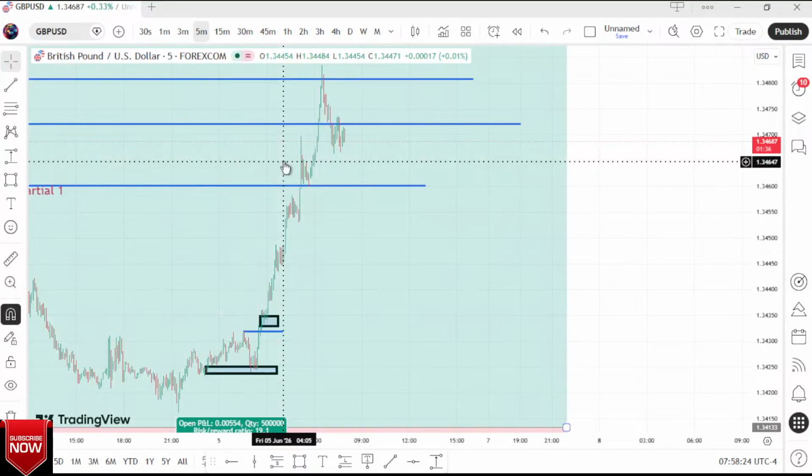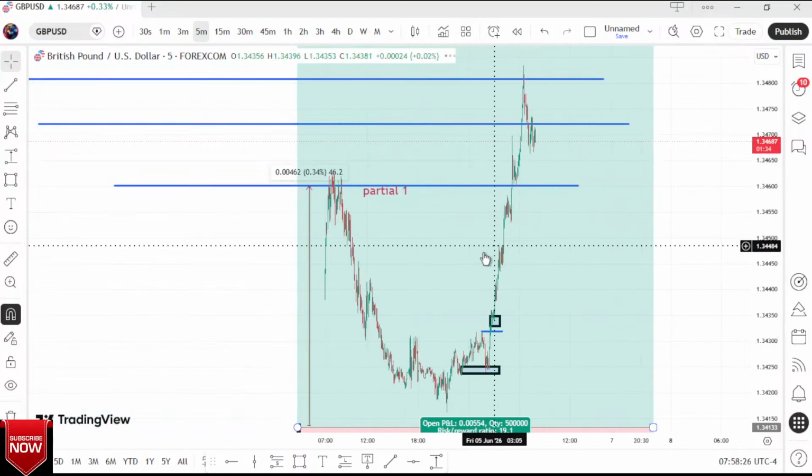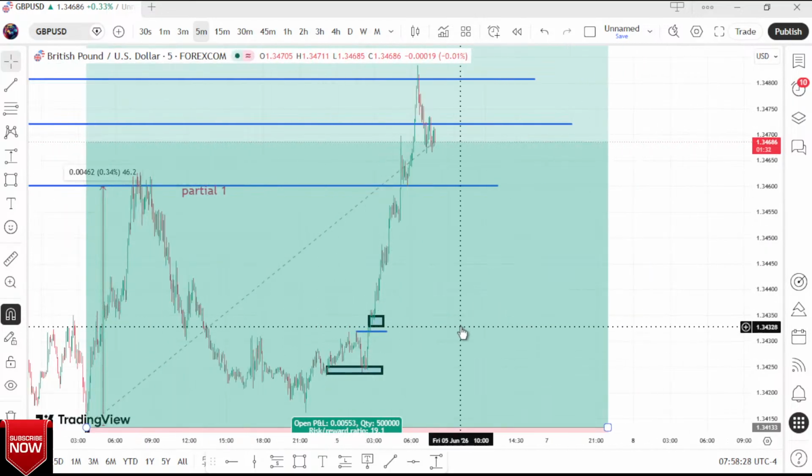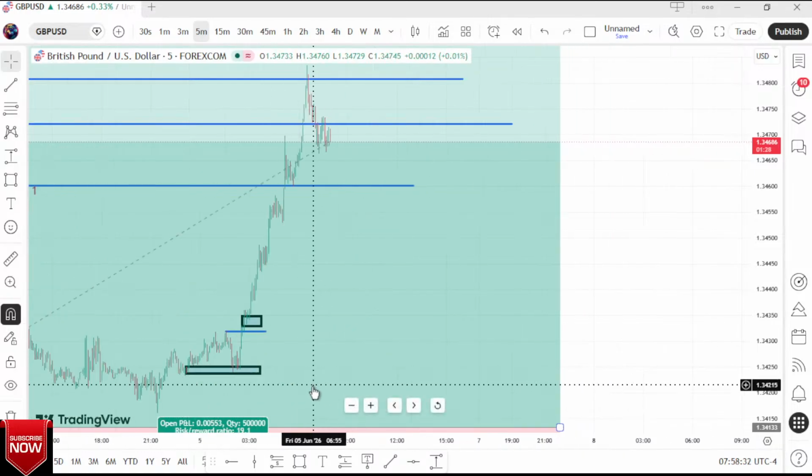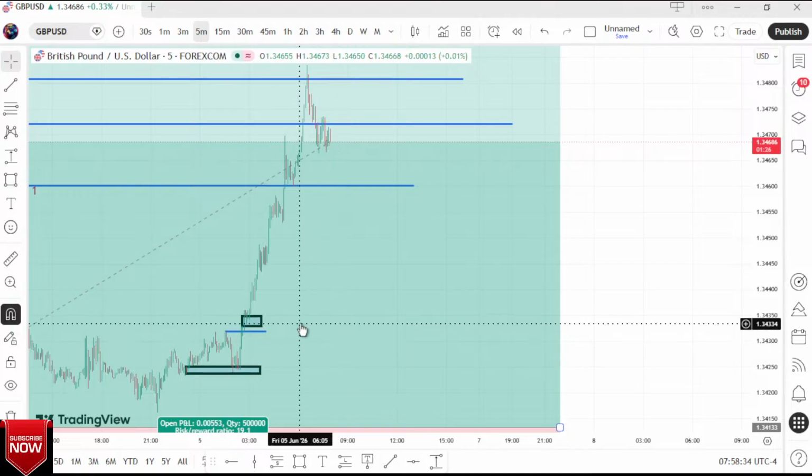This is actually the GBP USD. We are currently in the New York session, and during the London session you saw how